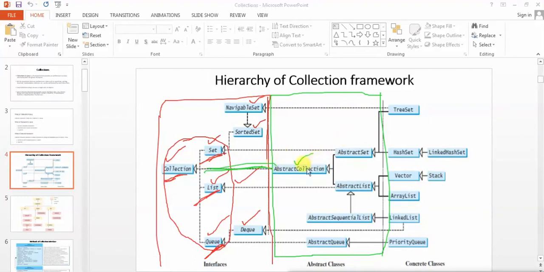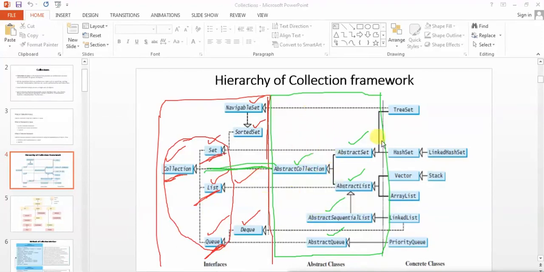This is inherited by abstract set and abstract list. Abstract list is further inherited by the abstract sequential list class. We actually don't care about the names of these abstract classes because we are not going to use them. I just wanted to show you that the interfaces are inherited by abstract classes.